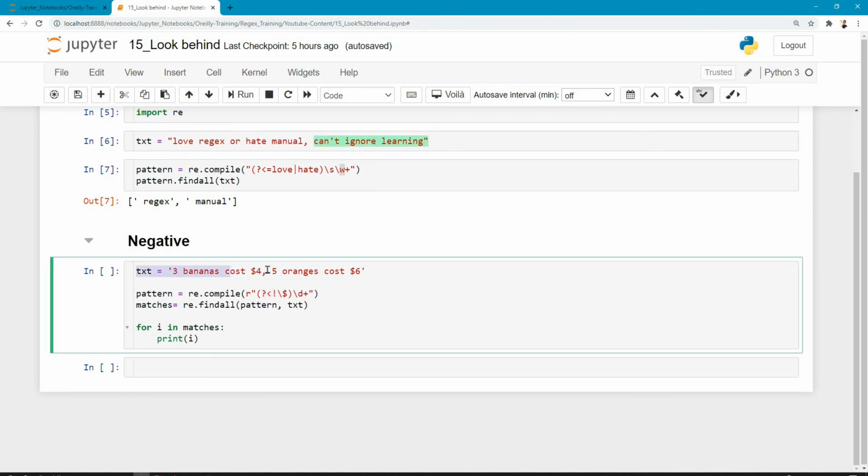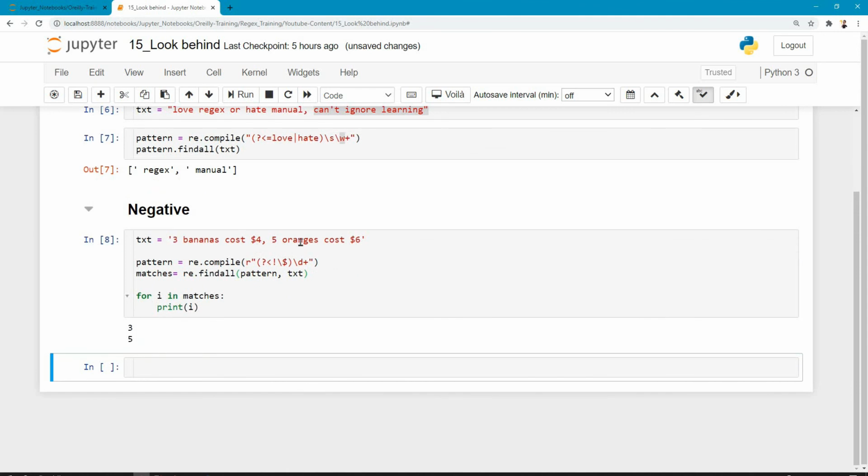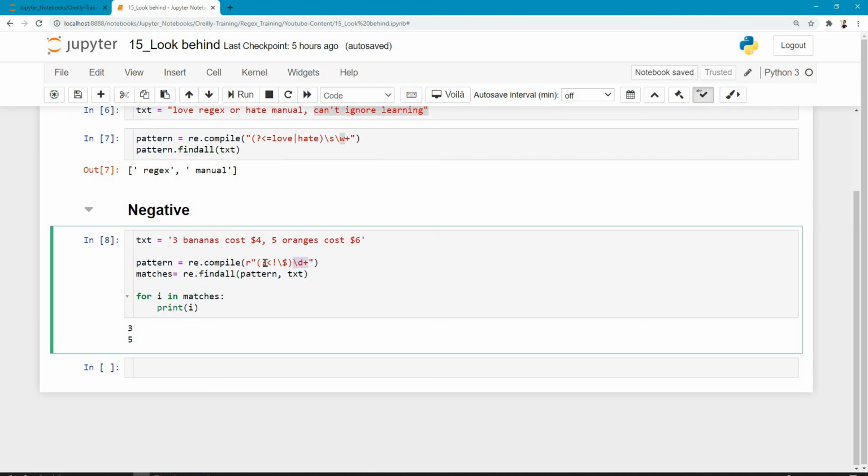Now here is the example text which I'm using, and this is the compile pattern. So the only difference is question mark, angle bracket, and there's an exclamation. So in this compile pattern, what I'm saying is before the digits, wherever there is no dollar symbol. Now when I compile and find all and try to print all the matches, it will return 3 and 5. So 3 and 5 are the two numbers which do not have a dollar symbol before them, and these two numbers will not be printed, because although these are numbers, they are conforming to half of the pattern, but the negative look behind says to find those numbers which do not have a dollar.